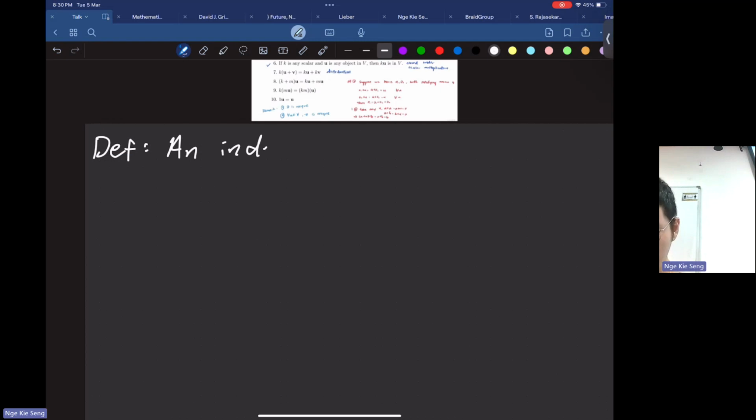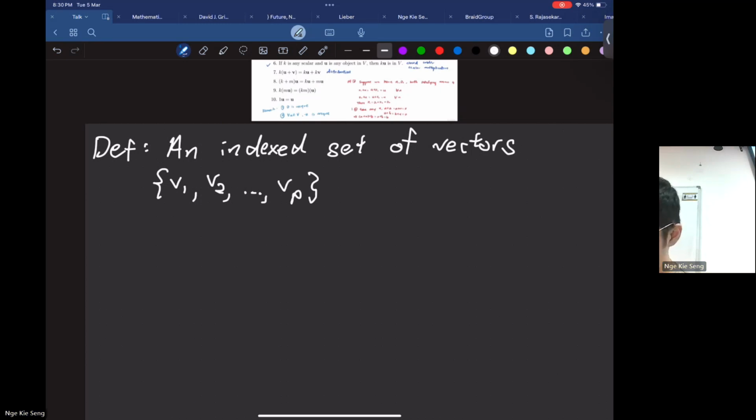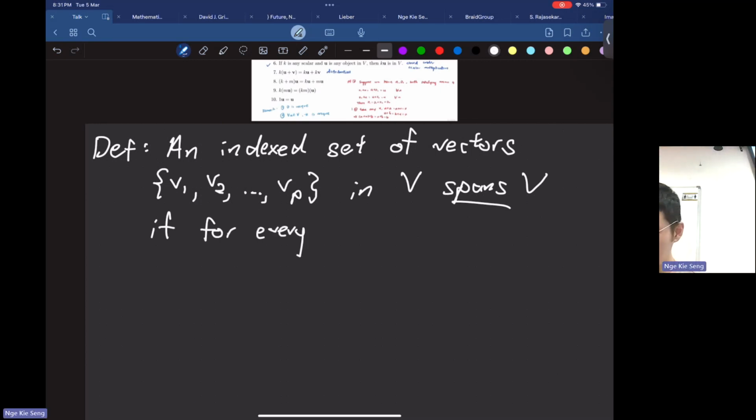So a set of vectors v1, v2, up to vp in a vector space V spans V. What does it mean by spans V? If for every non-zero v in V, there exists